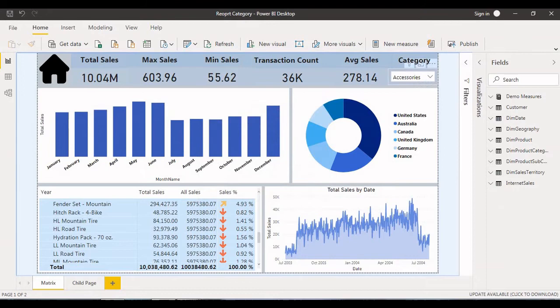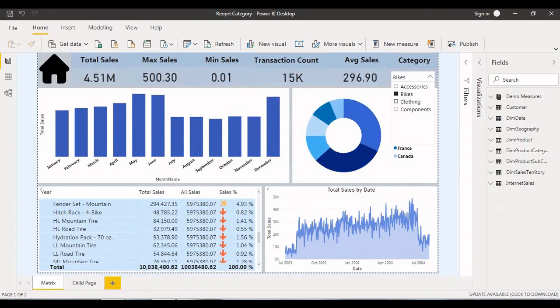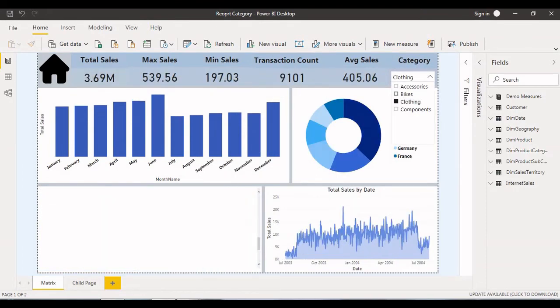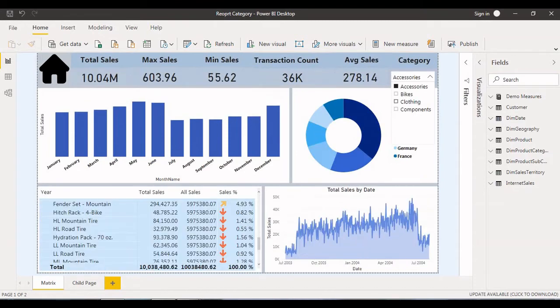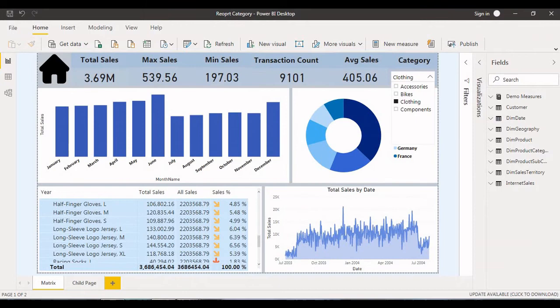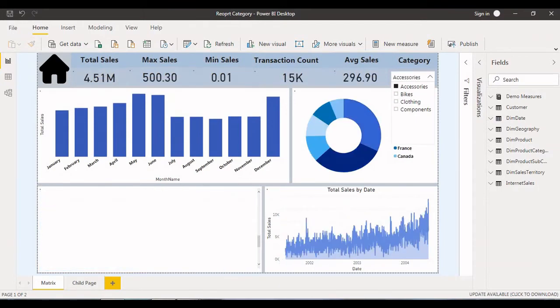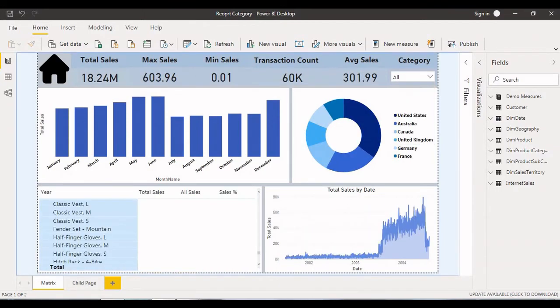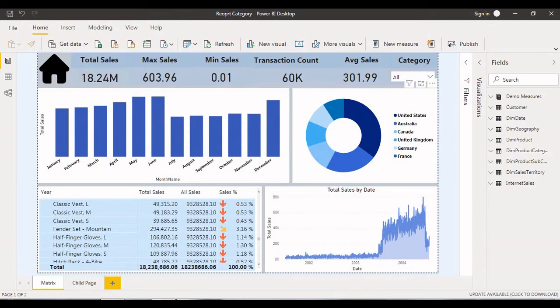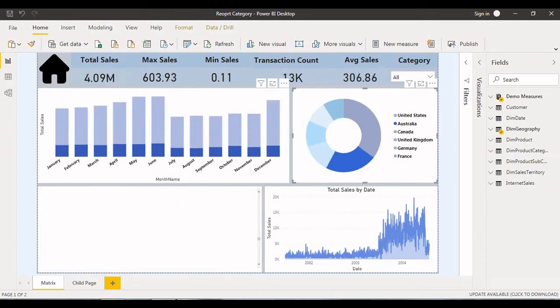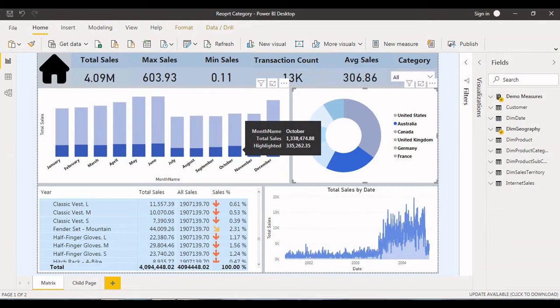Even you can slice, and it will work. Like that, for example if I click on here, automatically we can see each month wise total sales, with the highlighted sales out of the total sales being the sales for Australia.